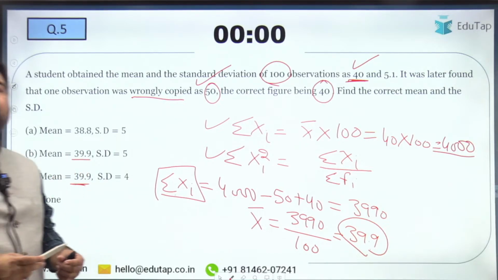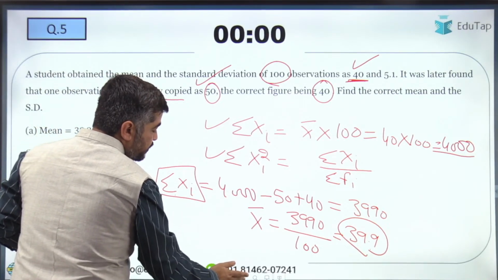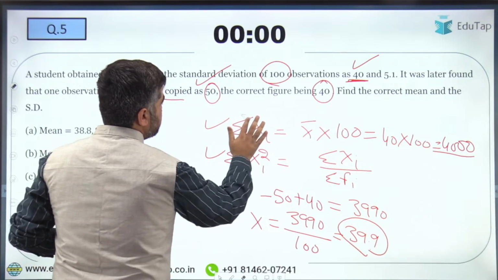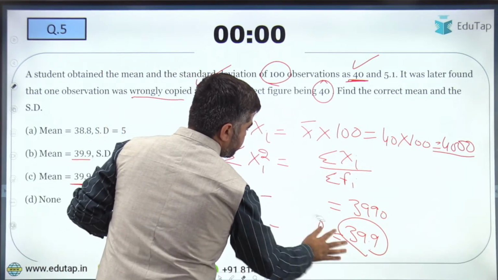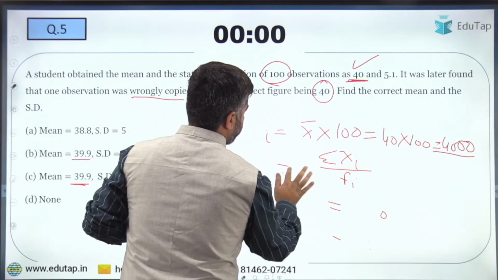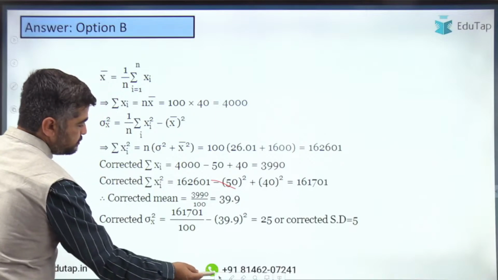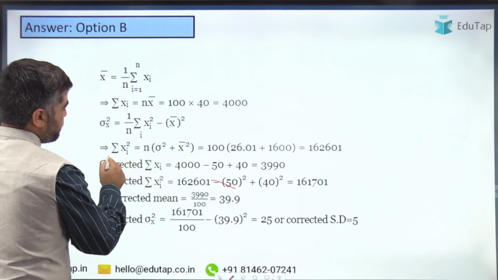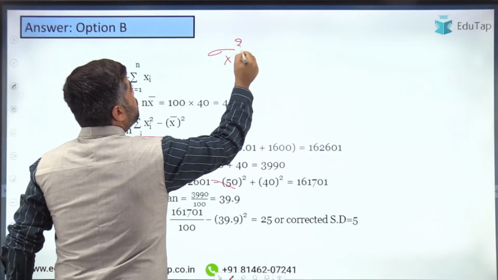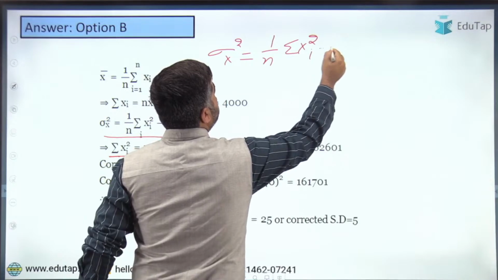Now the standard deviation. How will you calculate the correct standard deviation? For the correct standard deviation, you will use this formula. The variance sigma square is equal to 1 by n sigma xi square minus